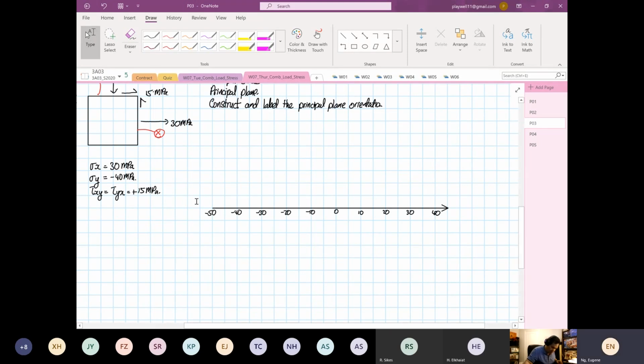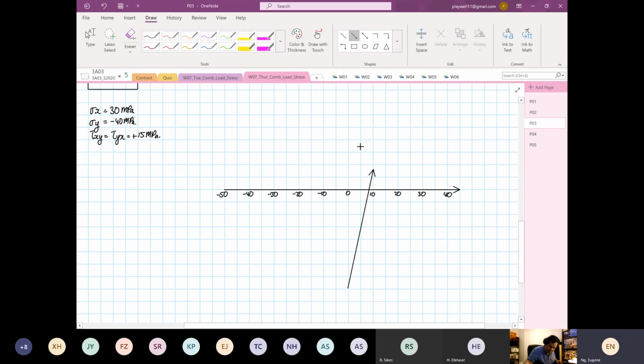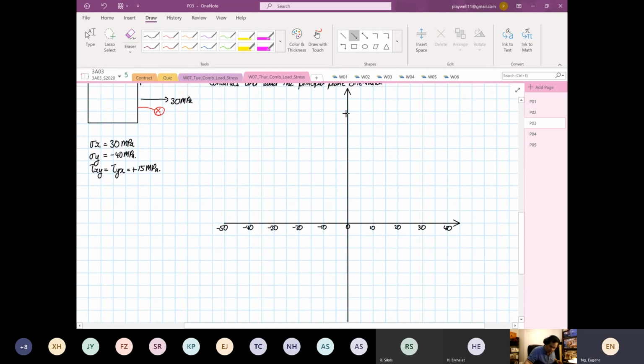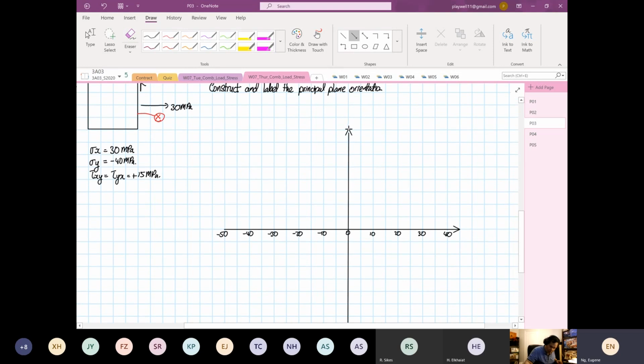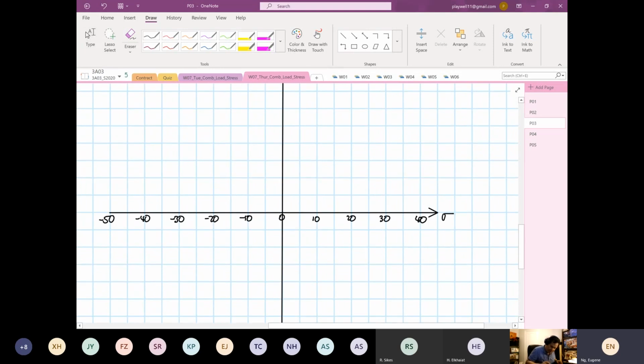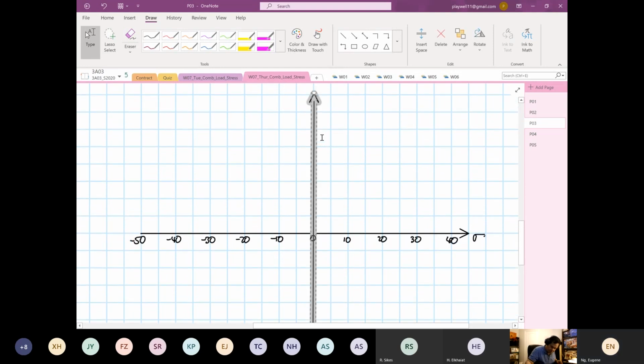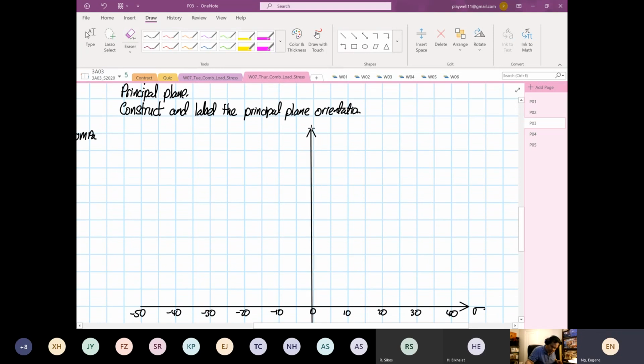I think I need a bit more space at the top. Then the shear. So make sure that the scales are the same. If your scales are not the same, I told you, you're not going to get a circle, you're going to get an oval, and you don't want that. So this is normal stress. Then you have shearing stress. And the shear stress can be from VQ over IT or TR over J, either one. 10, 20,